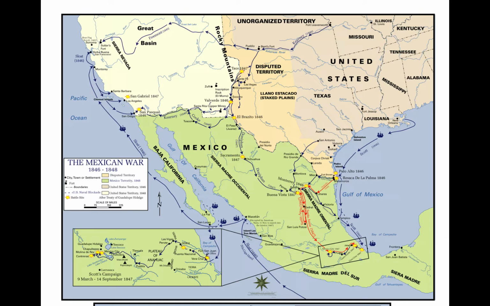The slave power conspiracy said that there's a secret group of slave owners who want to spread slavery everywhere and reduce everybody but them to slaves, regardless of their race. These people operate in secret, and they use bribery and corruption to undermine the people's government. They're spreading like a cancer, and if they're not stopped, they will destroy the country. The only way you can stop them is to unite behind a hero who will bring the conspiracy out to the light of day and crush it.